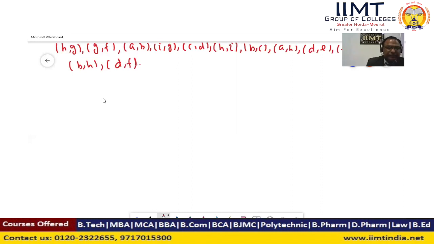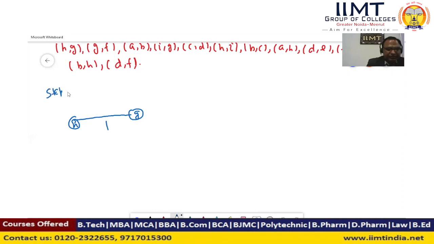These are the edges. So step number 2, we will select the minimum cost edge every time, and we will do this process until all the edges are processed. First of all, the minimum cost edge is H comma G. So we will take it. That was my H, that was my G, and what is the weight of this? 1. That was the weight. That is step number 1.